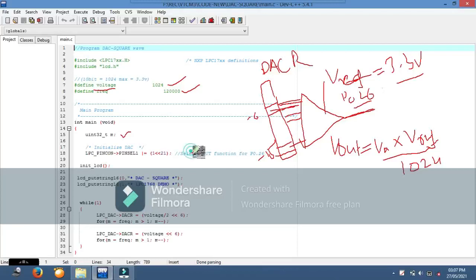First, what we are doing here is making the pin select. Usually this pin, which is sending the output, P0.26 of the DAC, also performs several other functions. We utilize this pin to perform 4 functions. The first function is general purpose GPIO.